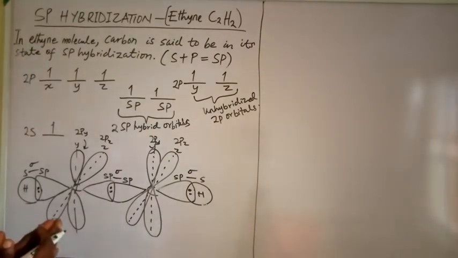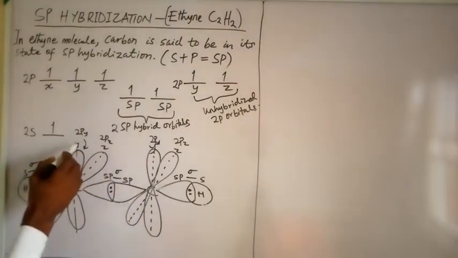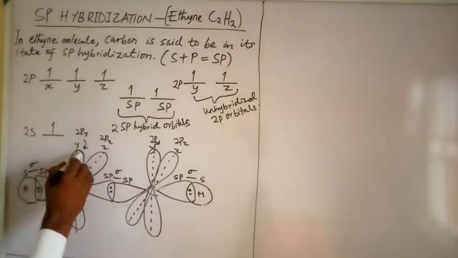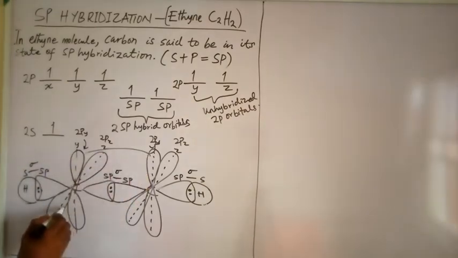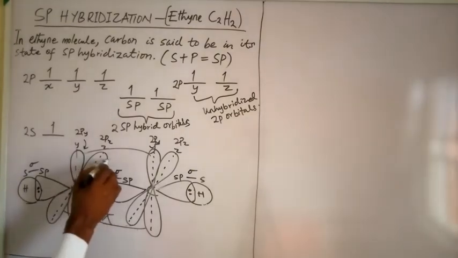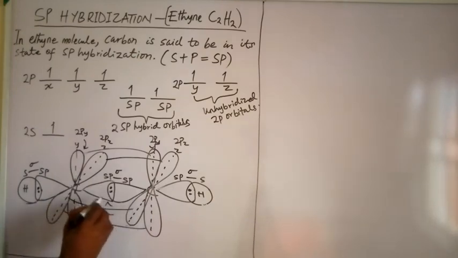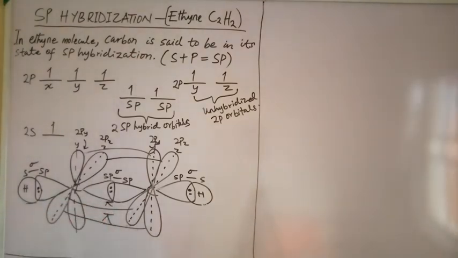Again, there is what we call lateral overlap, when there is an interaction sideways, especially with the p orbitals. So the interaction between the 2py orbital and 2py orbital will make what we call a weaker covalent bond called a pi bond. Again, the interaction between the 2pz orbital and 2pz orbital will make a second covalent bond, which is